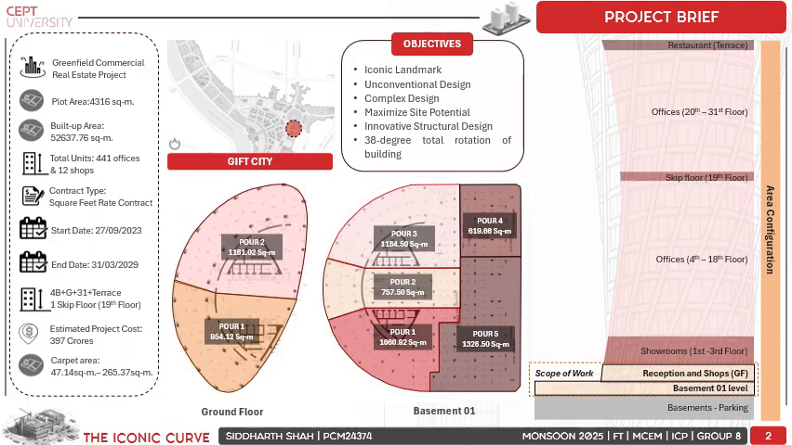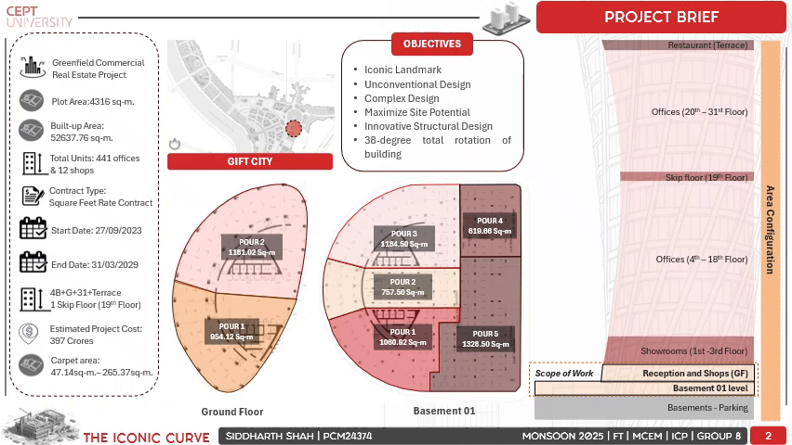Iconic Curve is a greenfield commercial real estate project having a plot area of 4316 square meters and a built up area of 52,637.76 square meters. It consists of 441 offices and 12 shops. It is located in Gift City, Gandhinagar, and it is an